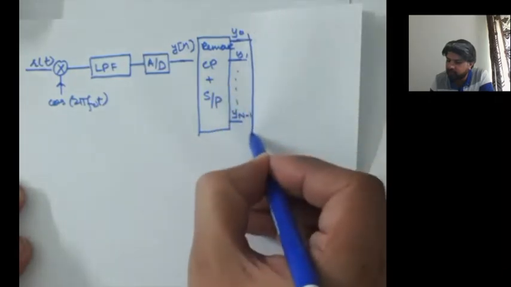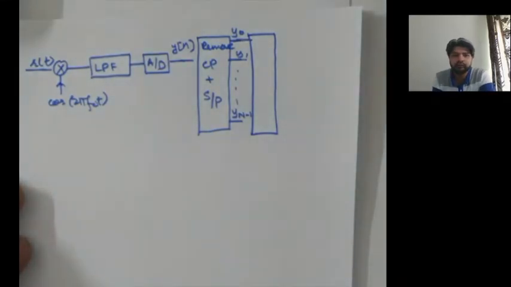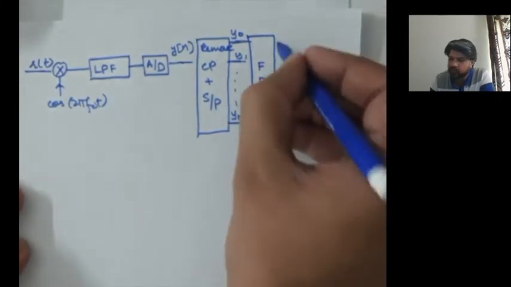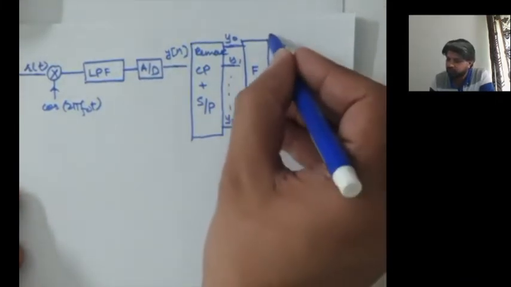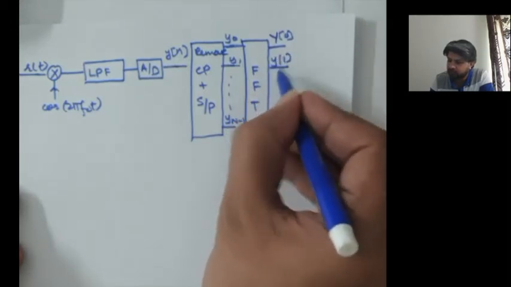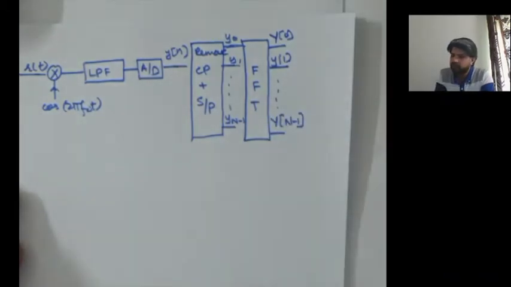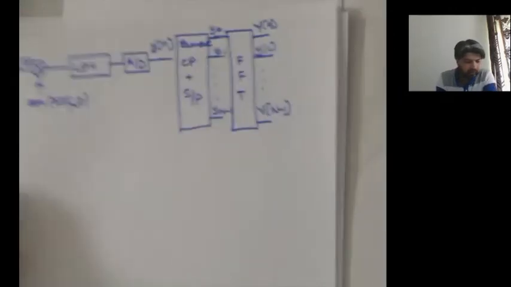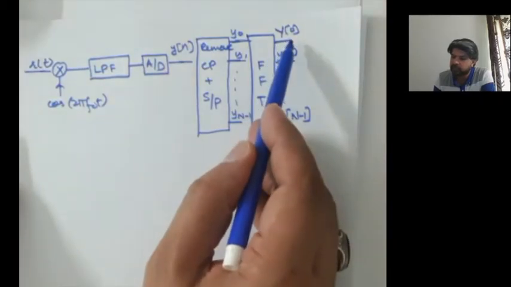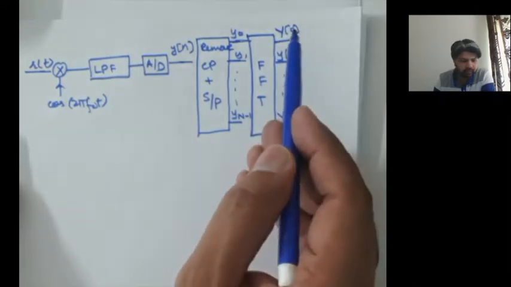So you carry out an IFFT operation at the transmitting end. Here you would carry out the FFT operation, right? So you would do the fast Fourier transform of these symbols. This would give you y of 0, y of 1, all the way to y of capital N minus 1. So this is your symbol, right? So this is nothing but your signal x of k times h of k plus some noise, of course, right?